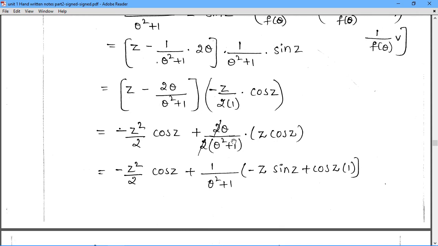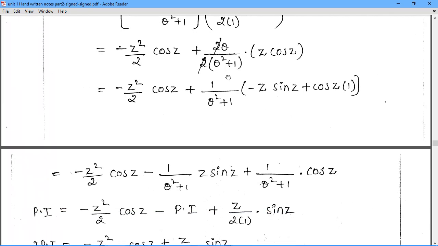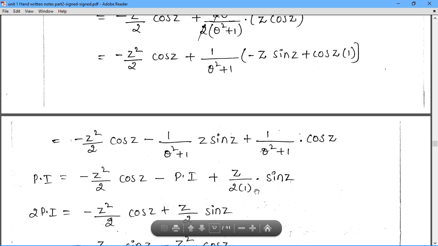Theta of z cos z, theta means d by dz, d by dz of z cos z: z kept silent, cos z derivative is minus sin z; cos z kept silent, z derivative is 1. Now operating with 1 by theta square plus 1, we will have 1 by theta square plus 1 of z sin z plus 1 by theta square plus 1 of cos z. The last term value is z by 2a sin z, because here we are using a particular case formula, that is 1 by theta square plus a square of cos az is z by 2a sin az. a is 1 here.